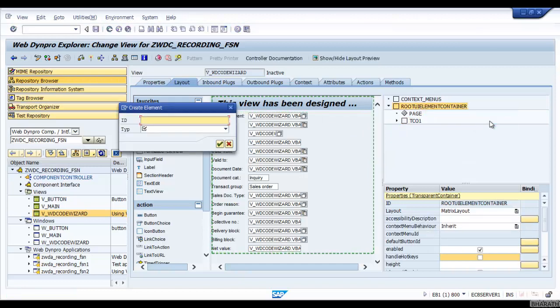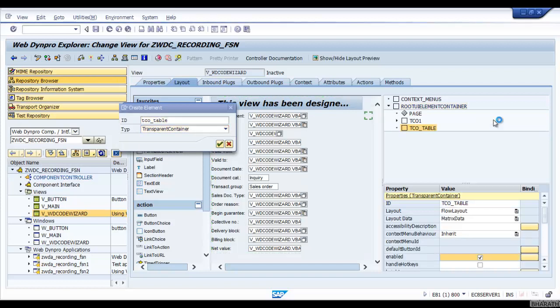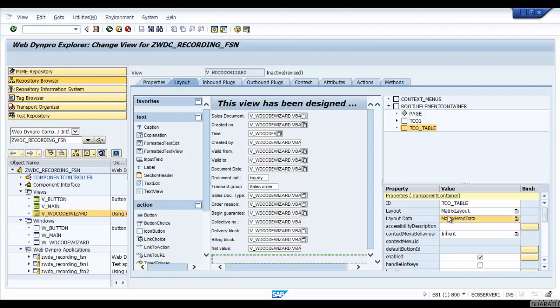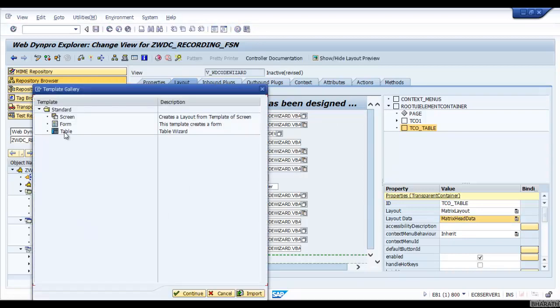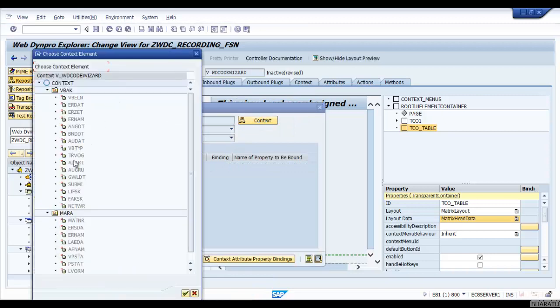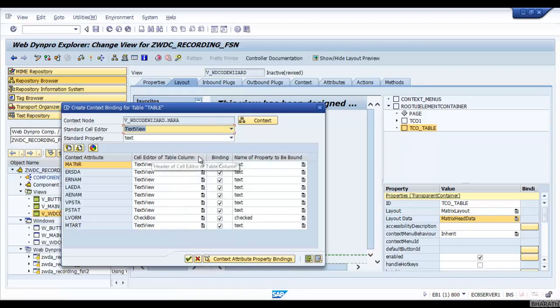Click on insert element, TCO_TABLE transparent container, and select the layout as matrix layout and layout data as matrix head data. Now just click on the WebDynpro code wizard, select table, click on context, Mara. See, all of them are selected by default.